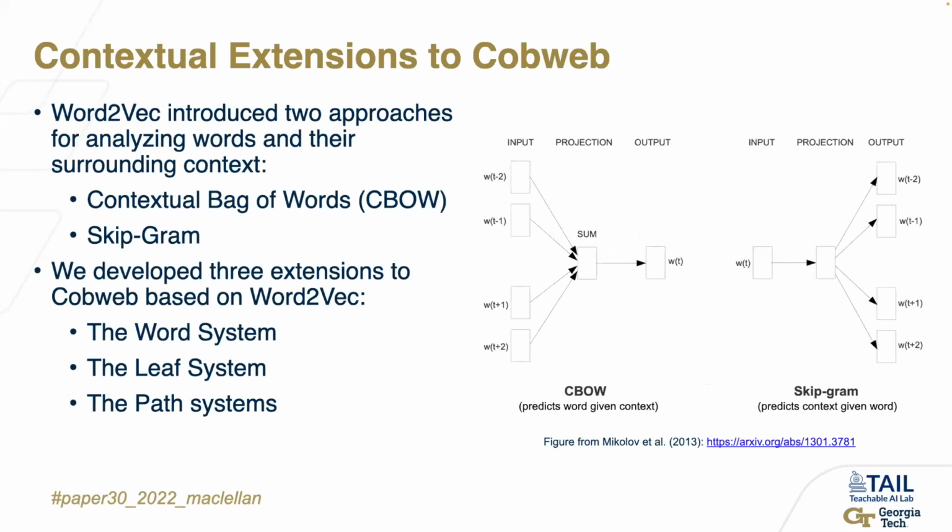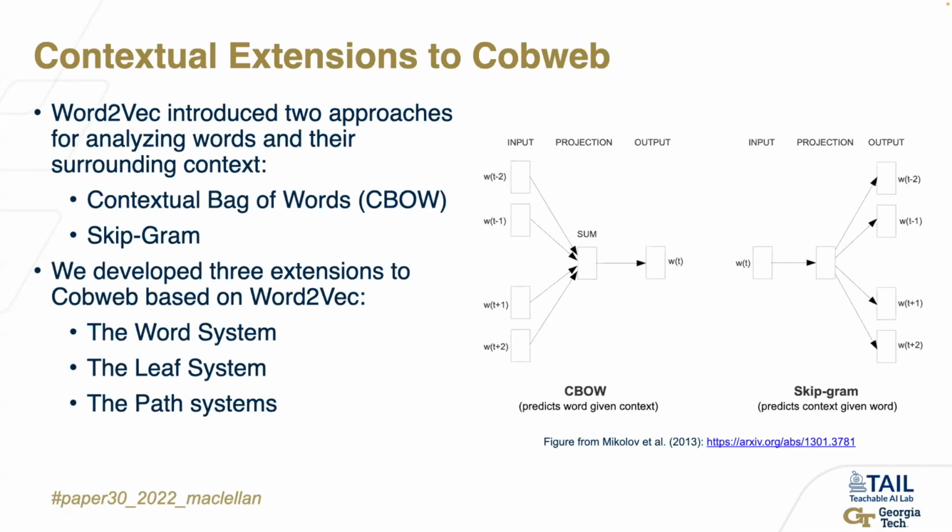So the Word2Vec work that I was talking about earlier introduced a couple of interesting ideas for analyzing words in their context. They actually introduced 2 different approaches. One of them is called the continuous bag of words, or CBOW. And this approach learns an embedding that supports prediction of an anchor word given the context. So when you're training the model, you're basically taking all the context words, learning embedding representations for each of those words that when you sum them together, you can use that sum to